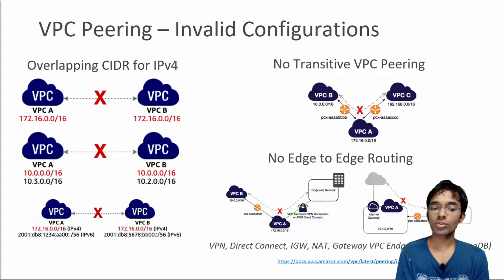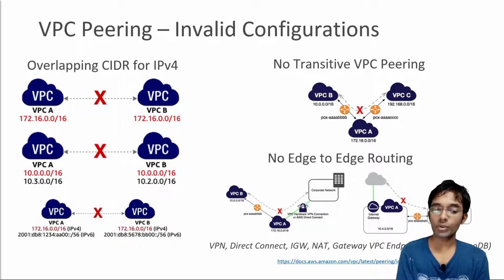But also there's something called no edge-to-edge routing, and that may be a little bit new to you. So what does that mean? We have this example here, VPC B and VPC A are paired together, and VPC A is linked to a corporate network using either Direct Connect or a VPN connection, whichever you want. Now in this example, VPC B can connect to VPC A, but it cannot connect to the corporate network through VPC A. The reason is that there's no edge-to-edge routing, and this is also true